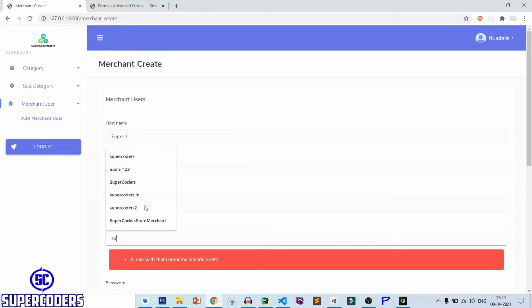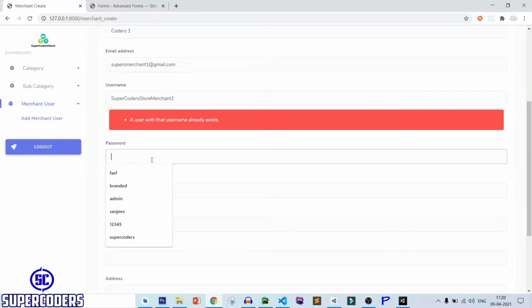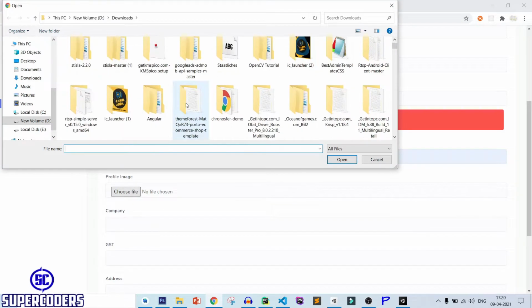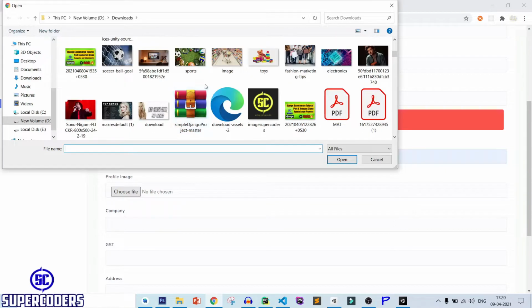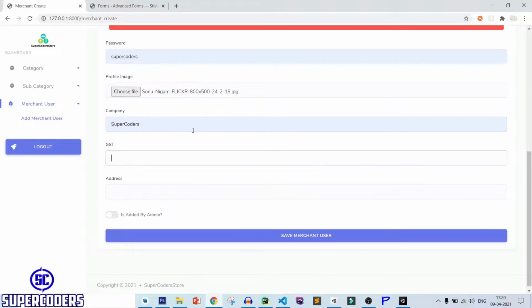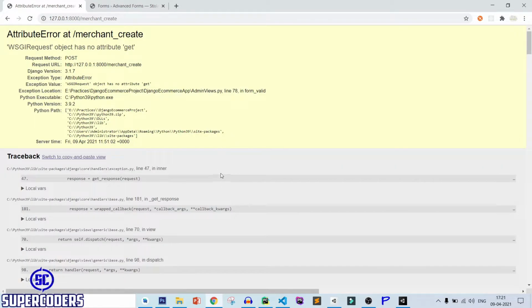After that, super coders merchant 1, password super coders, profile pic. Let's select the profile pic. Company super coders, GST 12345. Address Kolkata. Added by admin true. Click on save merchant user and you can see again it is showing an error on line